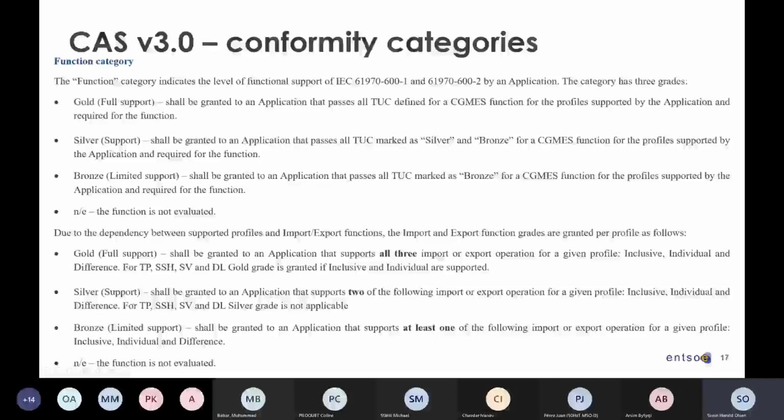Of course, there are some profiles that do not have the difference, but you get the gold grade if you only have the two of them. Silver means that you have support of the two. There is no silver grade when the TPS is SSH and SV, the single, non-difference profiles. And bronze is that you have only one of the supports.